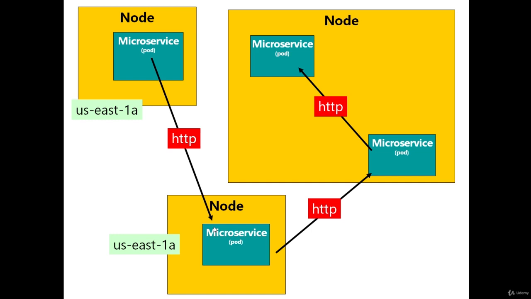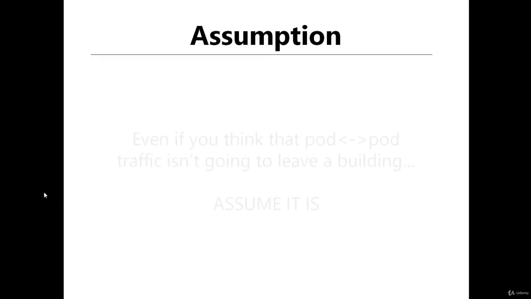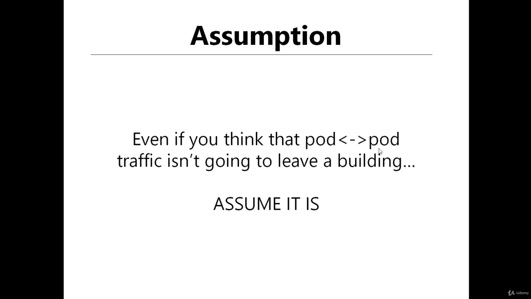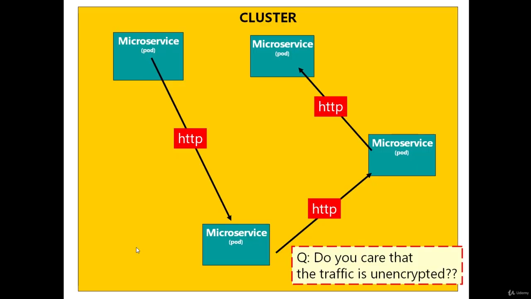So this is hard, and we're talking about things here that we have no visibility of, and obviously a lot of this is kept private. But I think the point I'm making is, even if you think you can argue that your pod-to-pod traffic is never going to leave a building and is never going to be prone to a man-in-the-middle attack, I think you should assume it is. I suppose you could make an argument that if you're deploying to a single node,